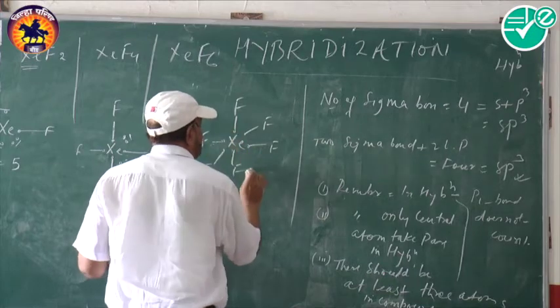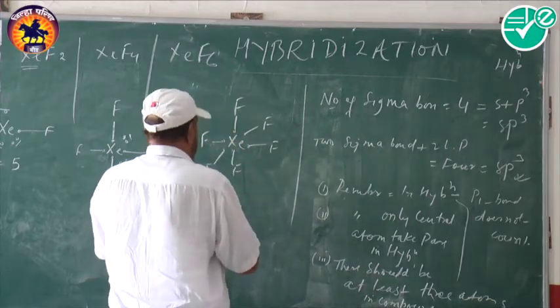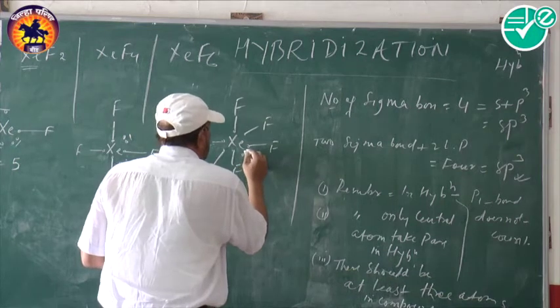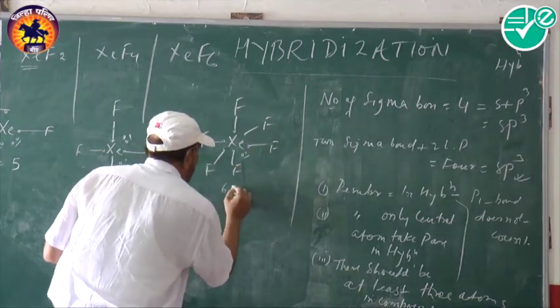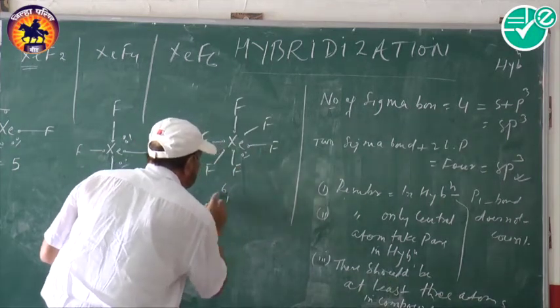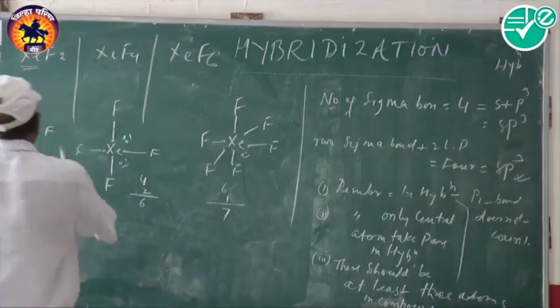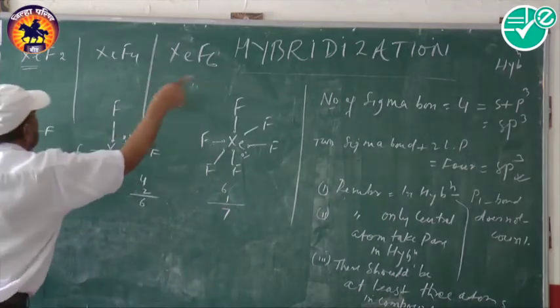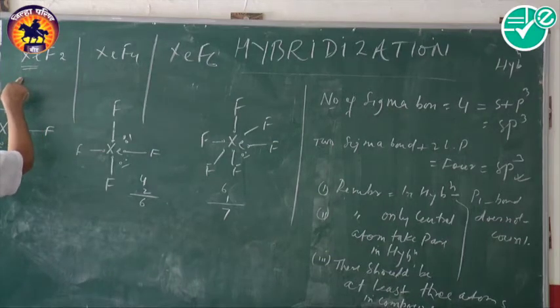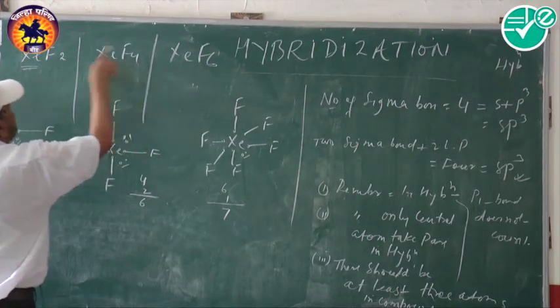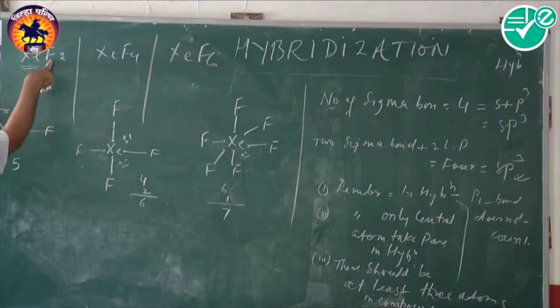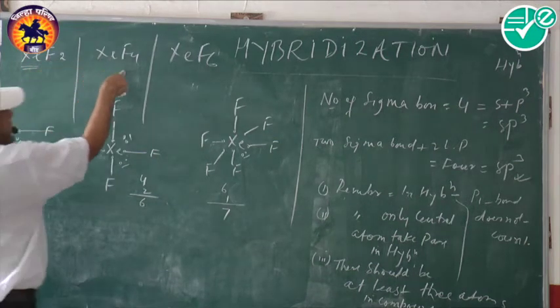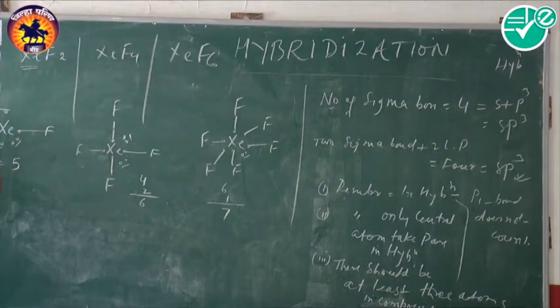6 electrons used in bond formation. 2 electrons remain as lone pair. There is 6 plus 1, which means 7. So in these 3 cases, same central atom xenon and same side atom, but in the form of dual, tetra and 6, it has 5 sigma bonds and lone pair, hence S1, P3 and D1.